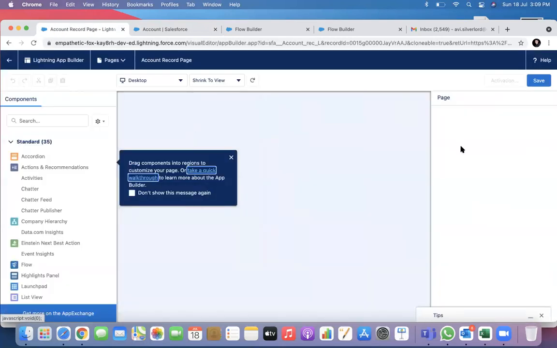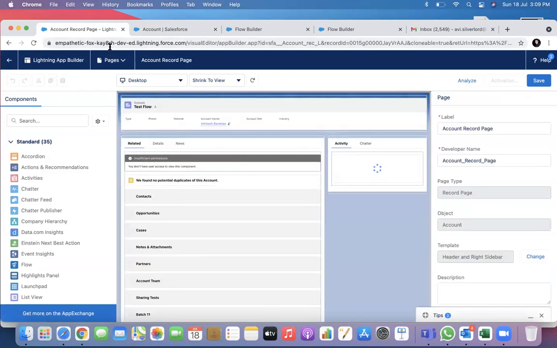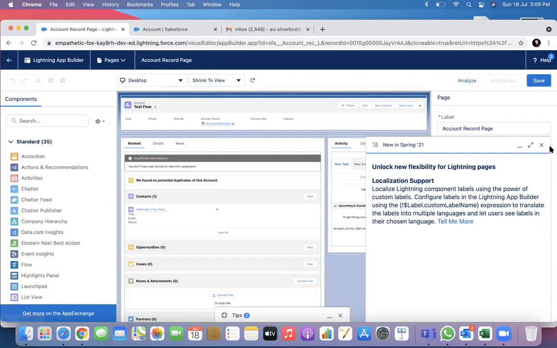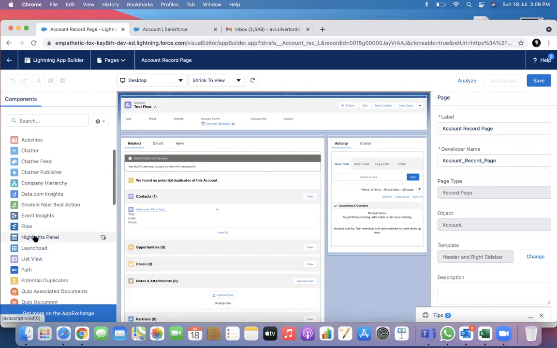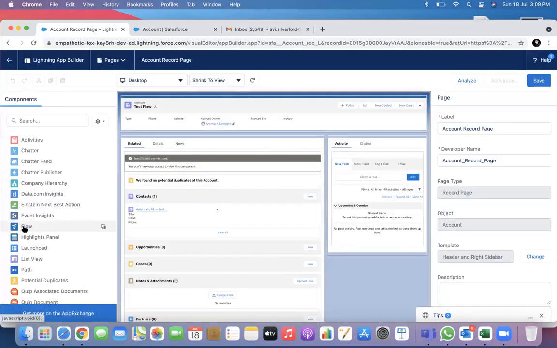If you go to edit page, through this you can make changes in the account page itself as a whole. You see, this is all what you are seeing. So here there is a flow component.